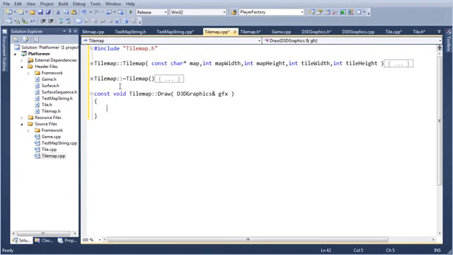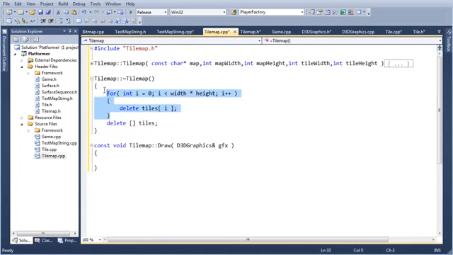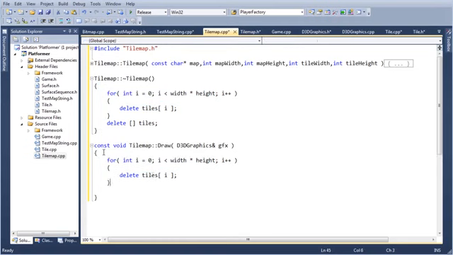Now that we've done that, to draw the tile map, we're going to steal some code from here. Now this is going to change when we get scrolling, because then we're going to only be drawing a portion of the map. We're going to have to select a subset of the tiles to draw, and we're going to have to clip the tiles to the screen. So there's going to be a lot of work done there.